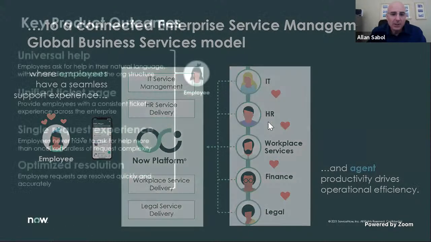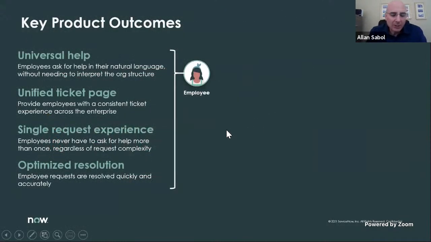All right. So the key product outcomes we were focused on for the employee persona were, first, the ability to have a universal help capability. So when an employee has looked for knowledge or looked for catalog, if they just can't find what they're looking for, or maybe they don't even know what they're looking for, we wanted to provide them the ability to ask for help in a very simple, natural language way